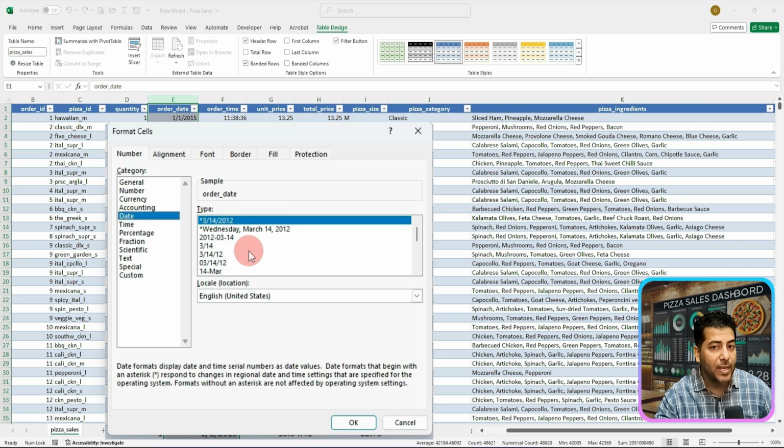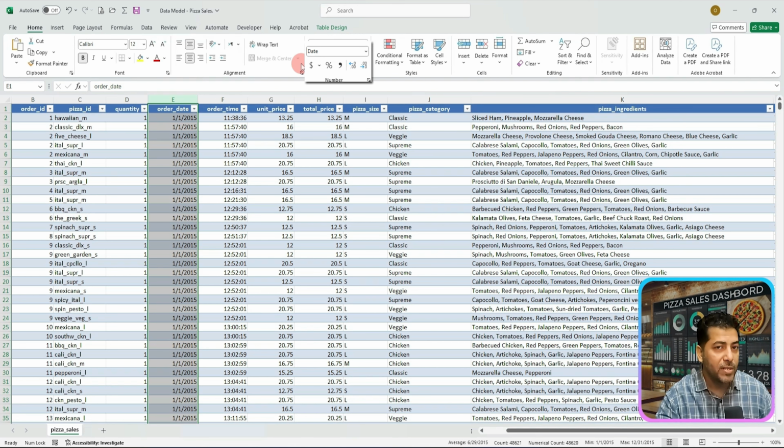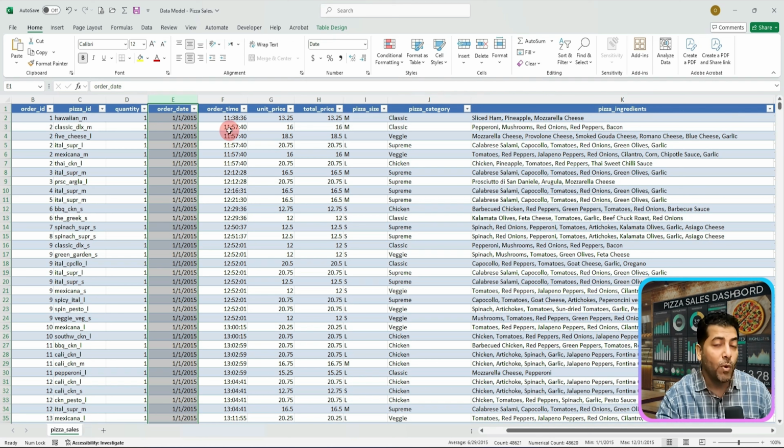Then we will click on OK to apply the changes. Okay. Now, if you want to check if it's working or not, you will see here in the number group, in the title, it says this is a date. If you want to check if your table is working properly, click anywhere on your dataset. You will see that now it should be mentioning that this is time,